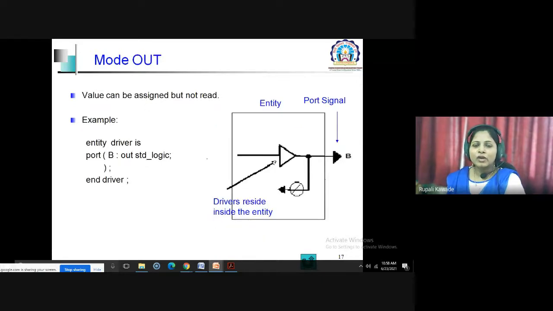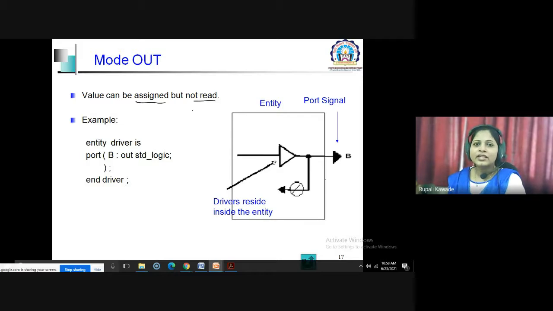Similarly for mode out, if any pin acts as an output, we pass or drive that particular pin with some value. Either we send logic 1 or logic 0 to that pin. So here we are assigning a value, not reading it.